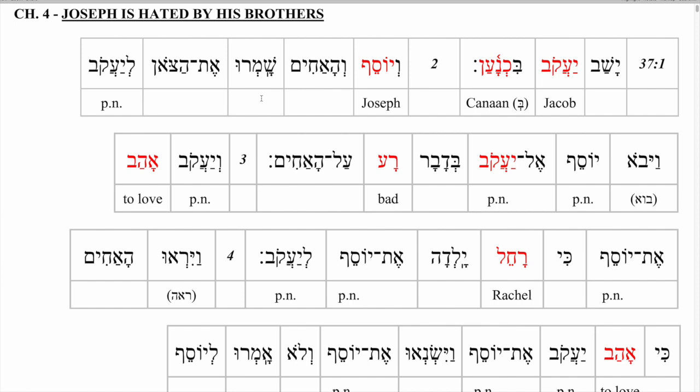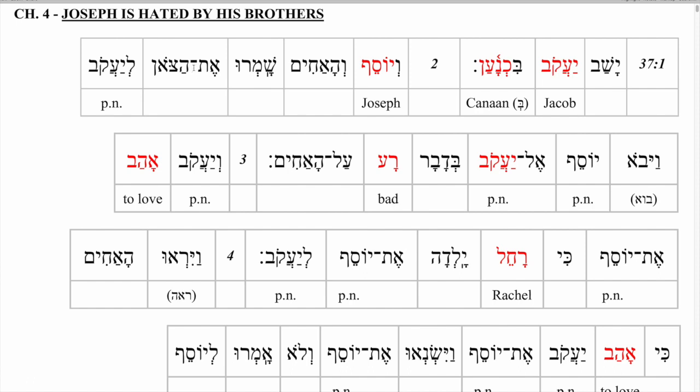Now, if you're wondering about that ending there, underneath shamar in your vocabulary list, there are those little endings, right? That's for feminine, dual, plural, and so on. You can write next to that and make a little cheat sheet for some of these endings. That -oo ending means they. This is a perfect ending, and it's the plural ending. So it'd be like they kept, they guarded, they watched over. So now Joseph and the brothers watched or kept,